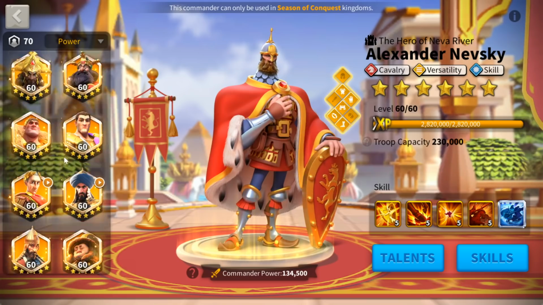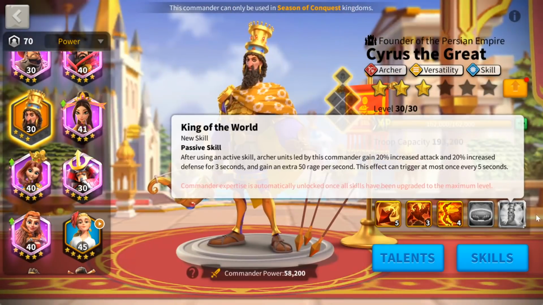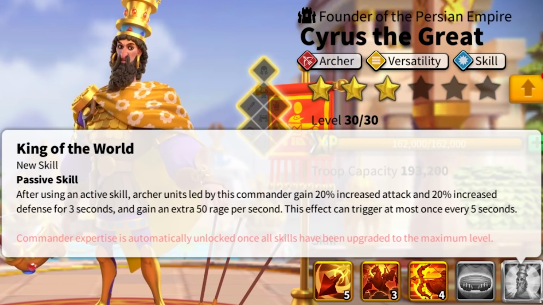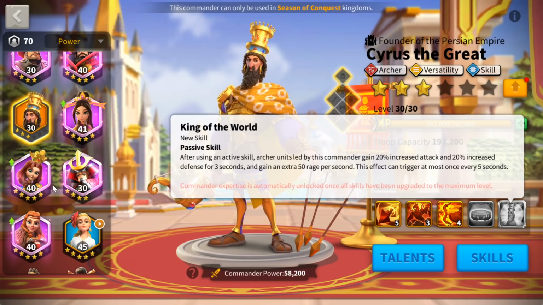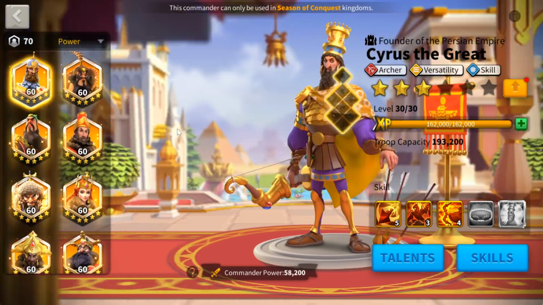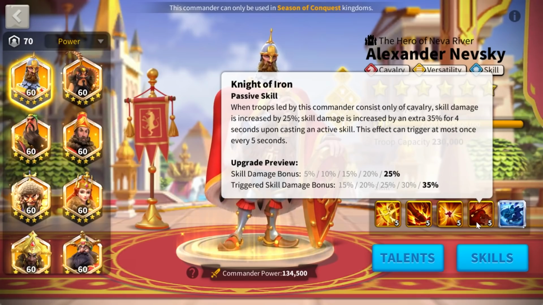A few people in the comments said, nope, you're wrong, this is like Cyrus's expertise skill, where he gains extra rage and extra attack and defense after he casts his own active skill, even if it's written an active skill, so a generic one and not his active skill. Yeah, this is part of why the skill descriptions are not always reliable, and I thought of that, but I also see here the word upon, and in the original Chinese as well, Cyrus's and Nevsky's descriptions were formulated differently. Again, I don't trust 100% what I read in the descriptions,